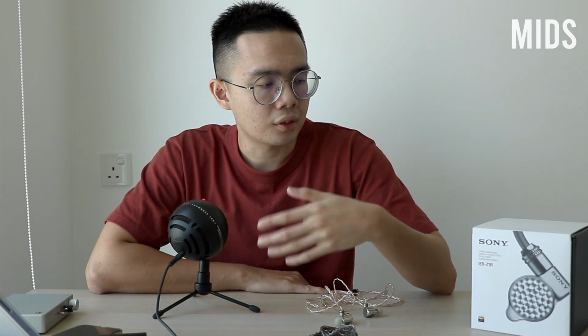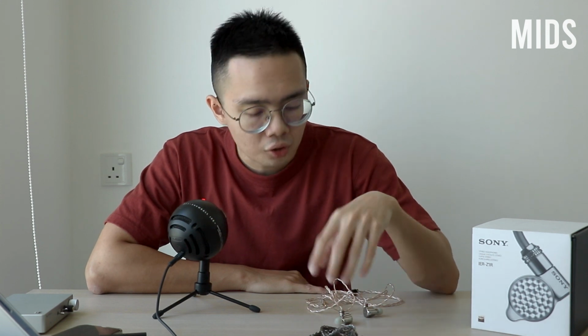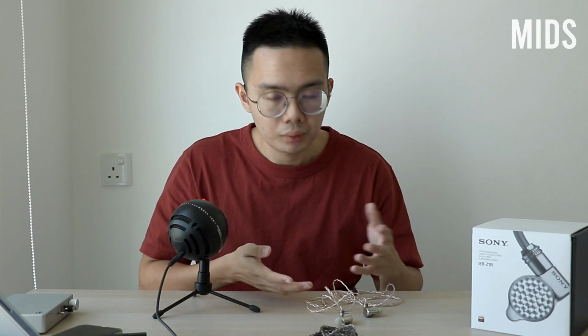Instruments from the mids and the highs, like I mentioned just now regarding the macro details and the micro details, everything is being presented in a way where it is complemented with the most specific and most subtle nuances that you never even heard of in a track that you have listened to for the past 100 times when you're using something that is cheaper than a Z1R. Things can sound light, things can sound heavy, things can sound aggressive. Every single emotion that the instrument player is trying to evoke can be heard very, very clearly through the music, and that is probably the best